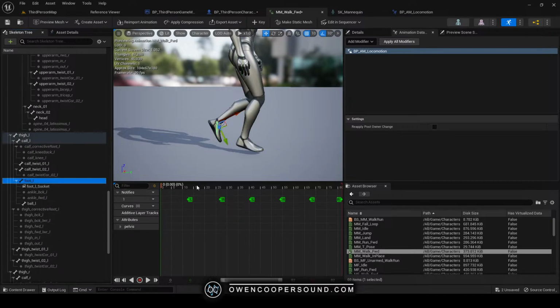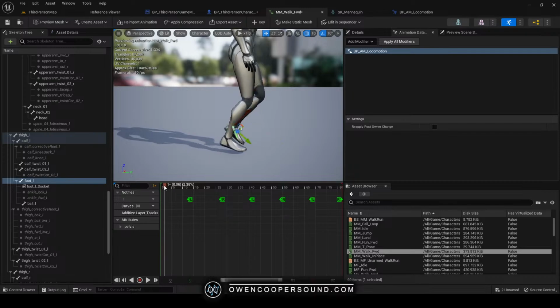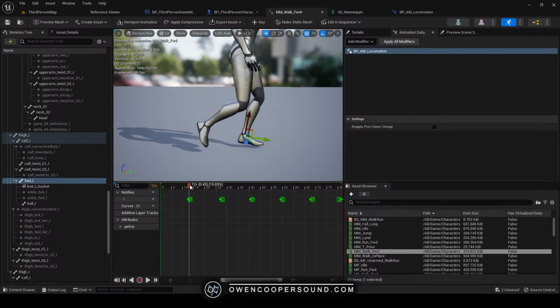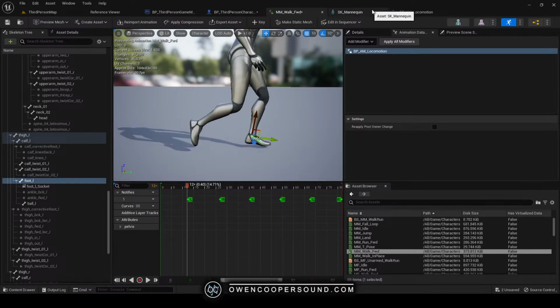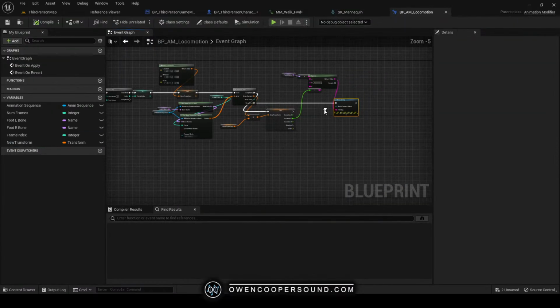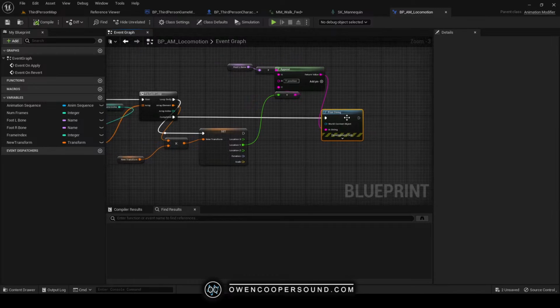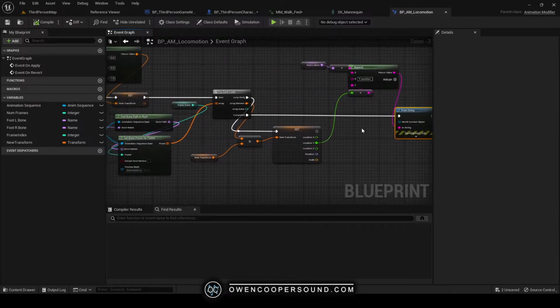So if I can just get feet working, that would be great. I think it's not really working that well, but we can kind of proceed anyway and